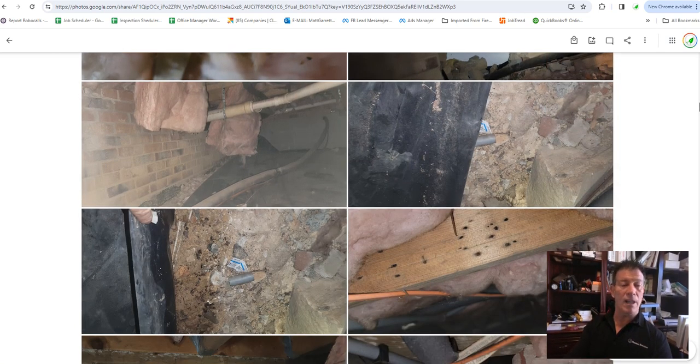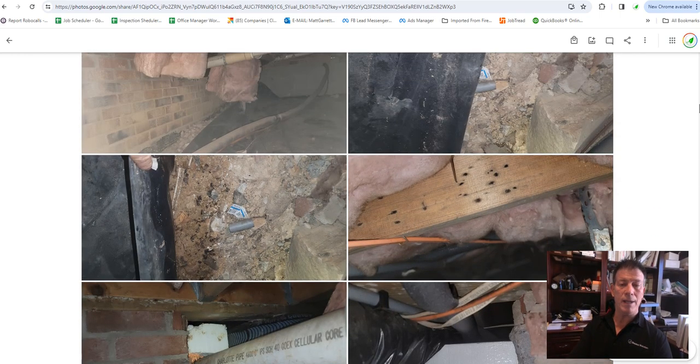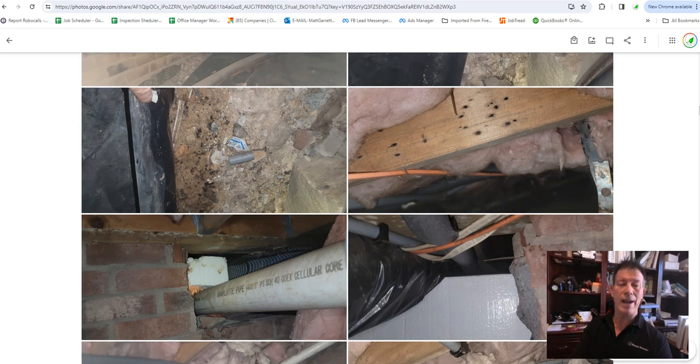So a lot of insulation hanging down. That's because the snakes hunting mice is the only reason why insulation moves in a crawl space. No matter how wet it is, it stays up there. It only moves because the snakes are hunting mice. So once you start to get mold inside the crawl space from exposed ground